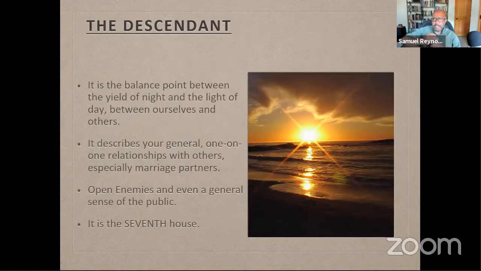That becomes a marker of understanding the 7th house, in which you can also have a different kind of partner, which is described as open enemies, literally people who are your opposition or your opponent, whether that's in a court case, for example, or your soon-to-be ex, who's kind of lobbying more so for your wealth or resources. So it can be the person who, in some sense, opposes you. It also can be your general sense of your public, the public that you serve or you're connected to, especially if you are someone who has a public life. And again, this is the 7th house.